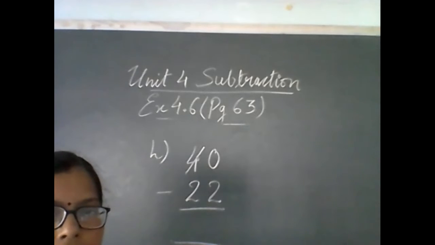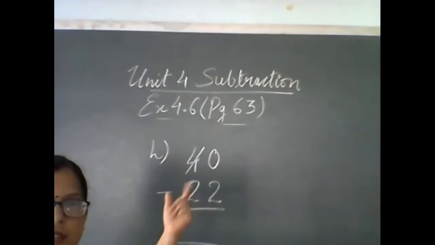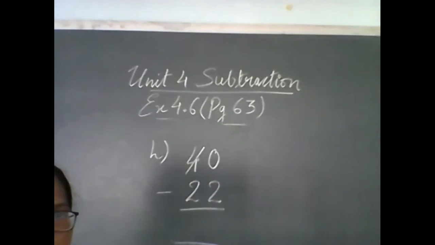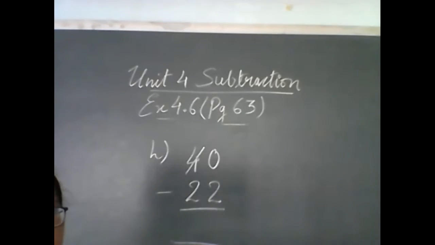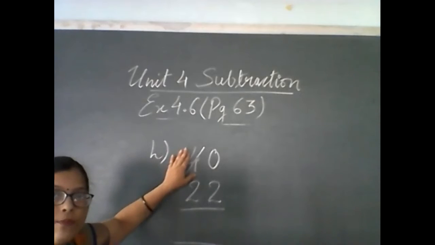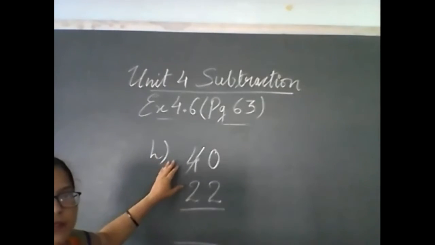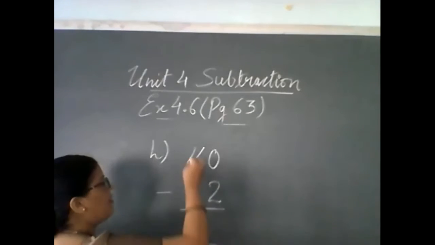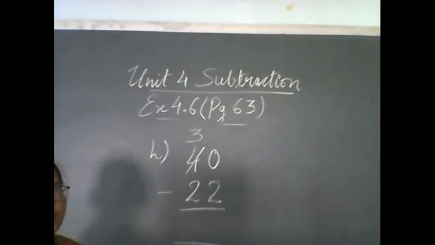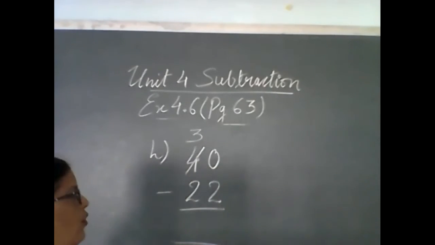What is left behind, beta? Show me your fingers. If we take away 1 from 4, what is left? Count on your fingers and show me your fingers. When we take away 1 from 4, 4 में से 1 ले लिया तो कितना बचा? What is left behind? Yes, 3. So when we take away 1 from 4, what is left? 3. Okay. Manya Singh, what are you doing?